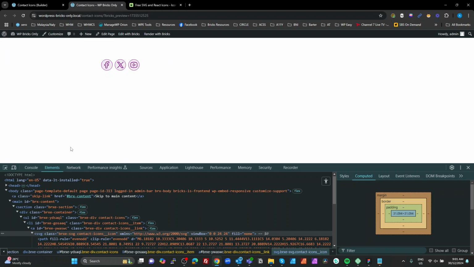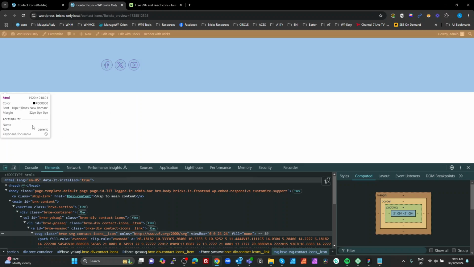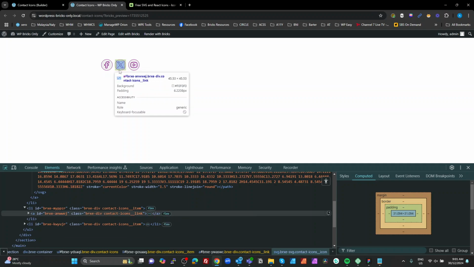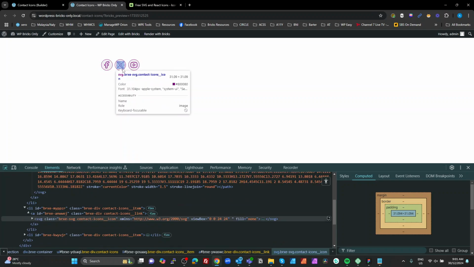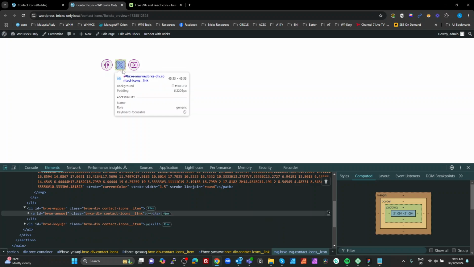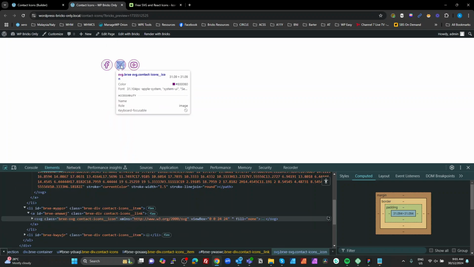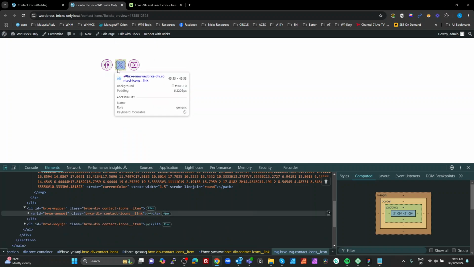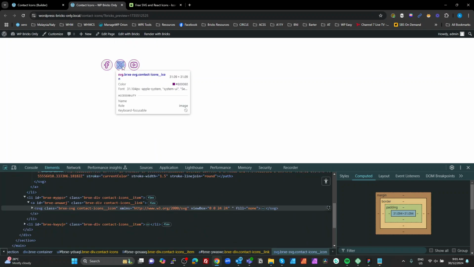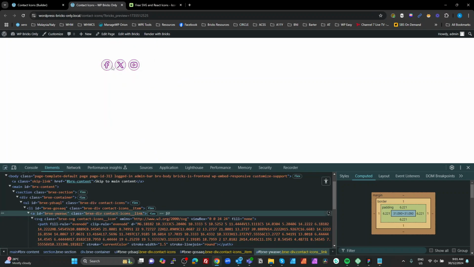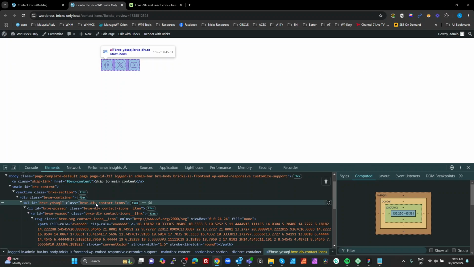All right, now we can actually play with this in the front end as well. So if I look at these icons here, they've got a small padding, and that's because these icons are different shapes. So the X goes top right, top left corners, so it looks like it gets closer to the edge because of the curve. So what we can do is have a look at these here. Go to our contact icons,